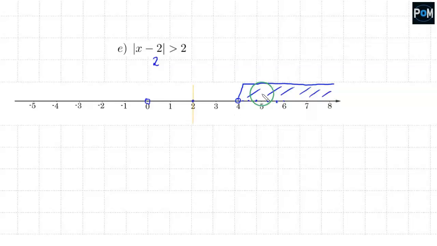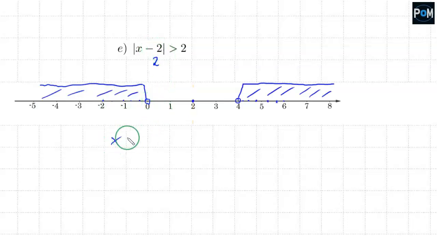This is the first interval. The second interval goes in the other direction. From this 2, the distance everywhere here is less than 2. In this spot, the distance is equal to 2. And I want this distance to be greater than 2, so these will now be the points. And all these points are under such a cap. This is the second interval, and in the case of example E, we have a solution in the form of